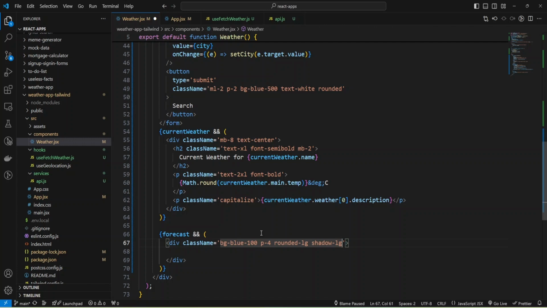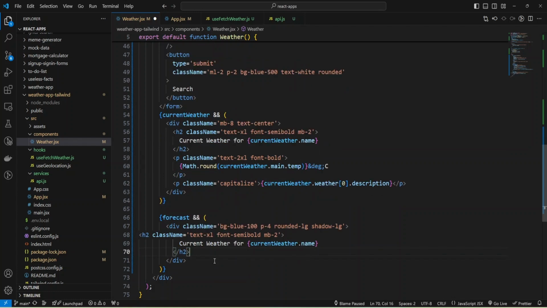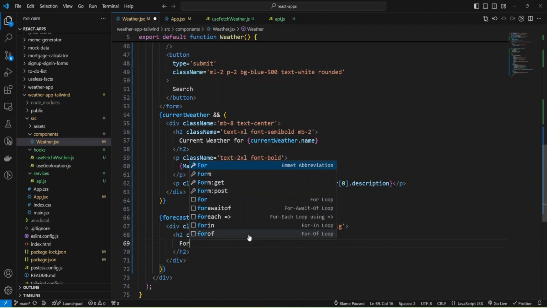Okay, and now we can add our h2 tag and change classes, and for classes I'm going to use text large and add font bold, and add margin for, and I'll have just forecast.